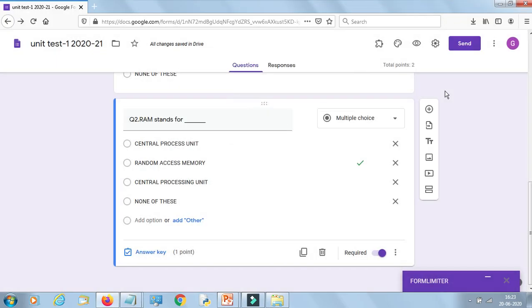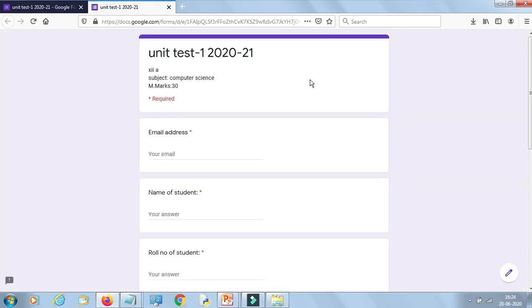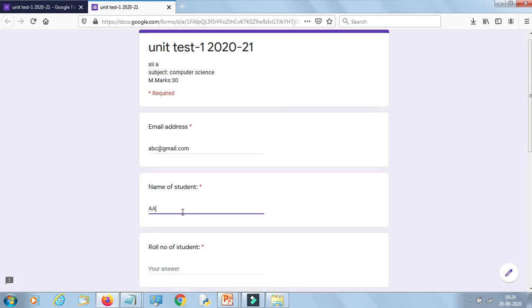Now after sending the link, after the test is over, you can collect the responses. How can you collect the responses? Click here. Now create this spreadsheet. Right now I am writing this test before the time, no problem, I am testing. Click on the preview. For example, I am just typing some rough information.